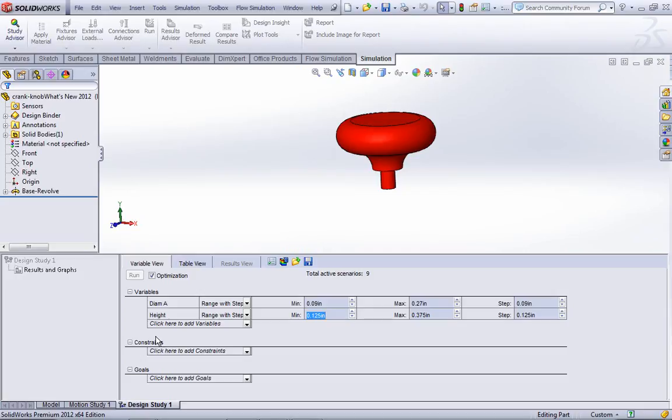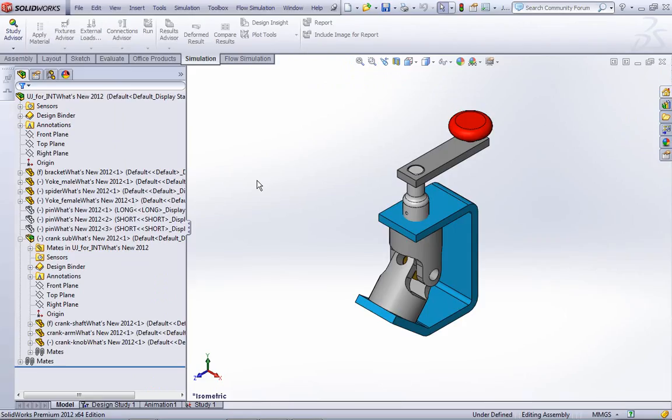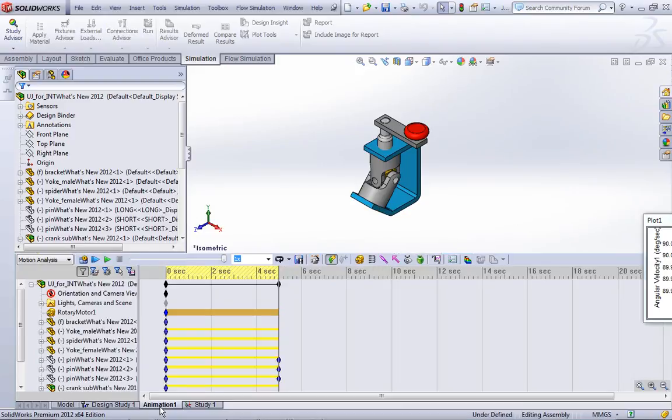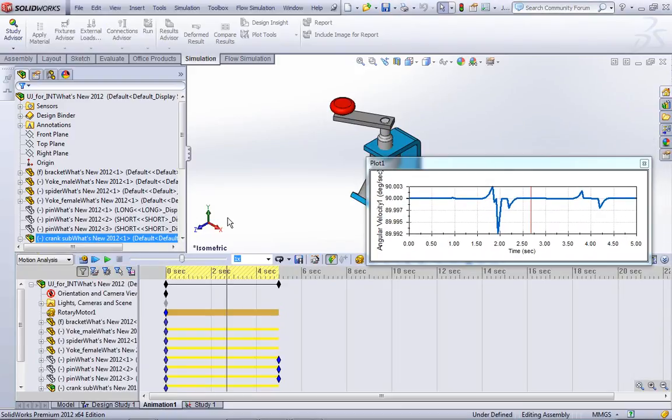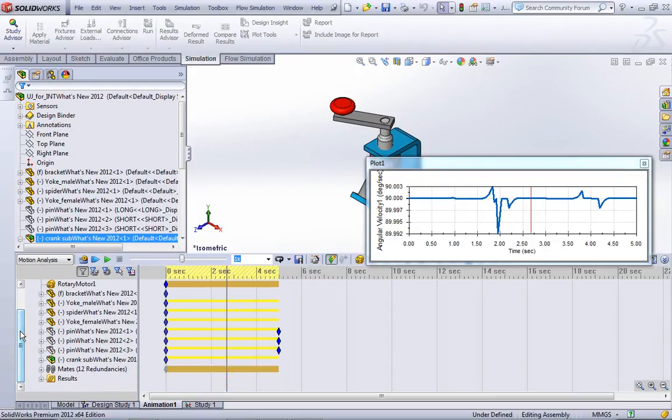So when it comes to motion studies, you can now create a simulation design study that will optimize motion studies, or the motion study features. Let me open up an example of that here. Currently I have a motion study here under my animation tab. Very, very simple study. All I've done here was create a rotary motor around my crankshaft, and I have some